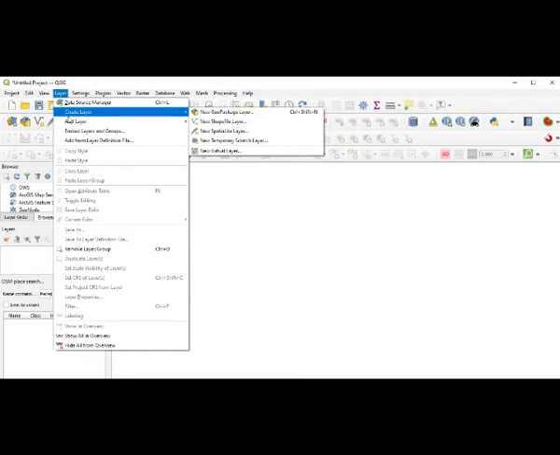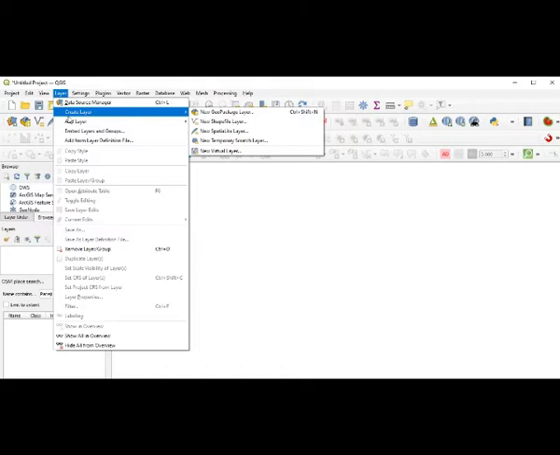I already have some data with me. If you do not have the data, say for example raster data, if you want to add to your QGIS, you can take a digital photo of it, or you can go for scanning. That scanned map can be directly brought in. Even with your mobile, if you are taking it very neatly and correctly, it can be brought here, but you cannot edit, you cannot do anything extra. But it can be used as a base map for generation of varieties of maps, depending on the details available on the raster map.